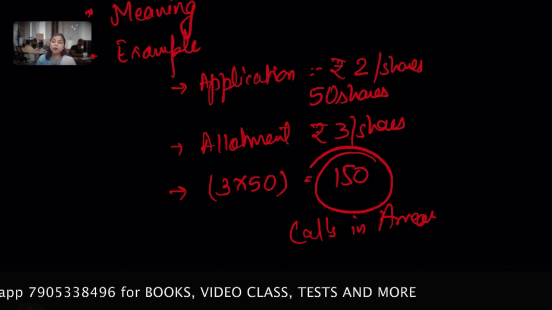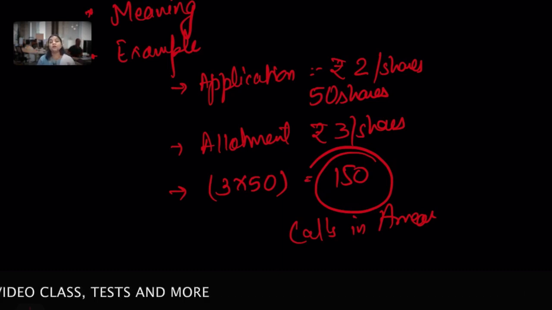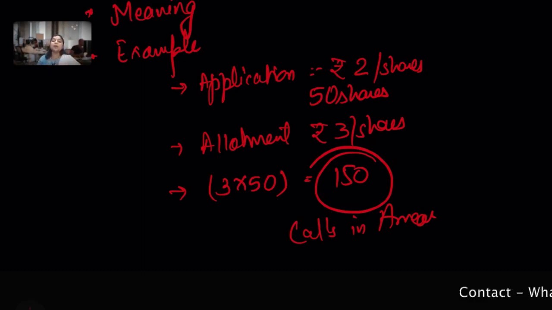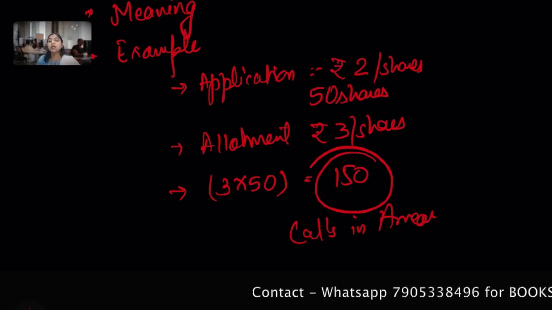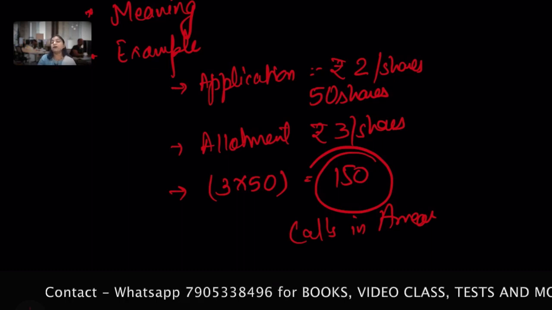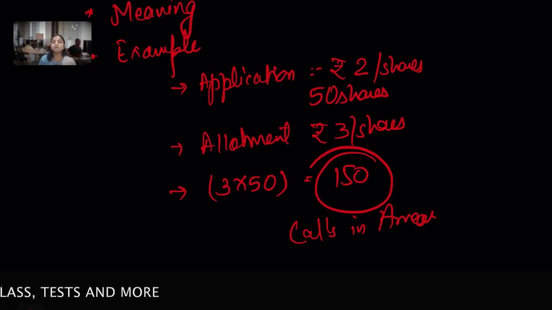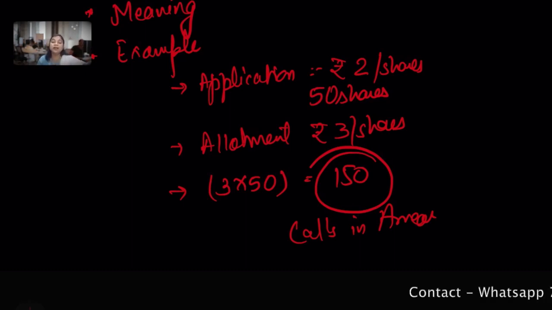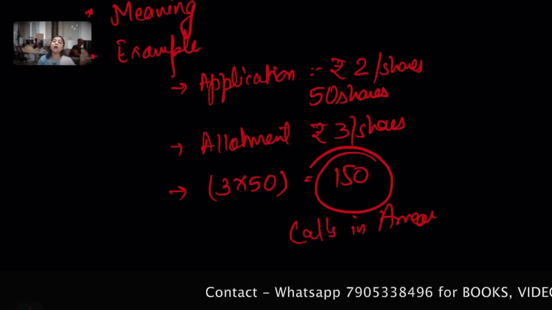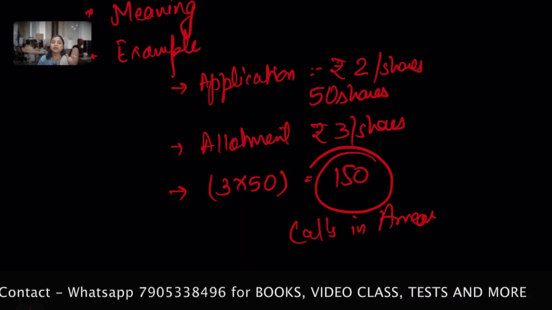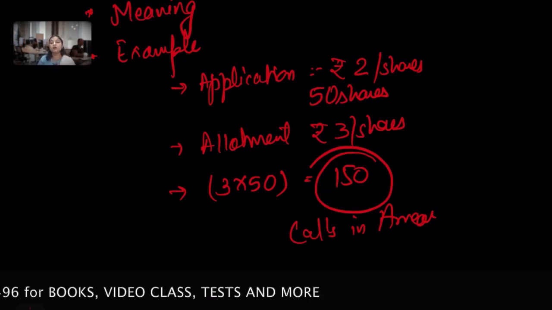Does it include only one shareholder? No, there are thousands of shareholders and default can come from any of them. Suppose you make a default of, say, 50 shares. Someone else made a default of 100 shares. Some made a default of 25 shares. It depends on the number of shareholders. If in your question there are 2 or 3, like Mr. M and Mr. N, you have to solve for everyone, and that amount, the arrear amount, needs to be transferred into a calls in arrear account.